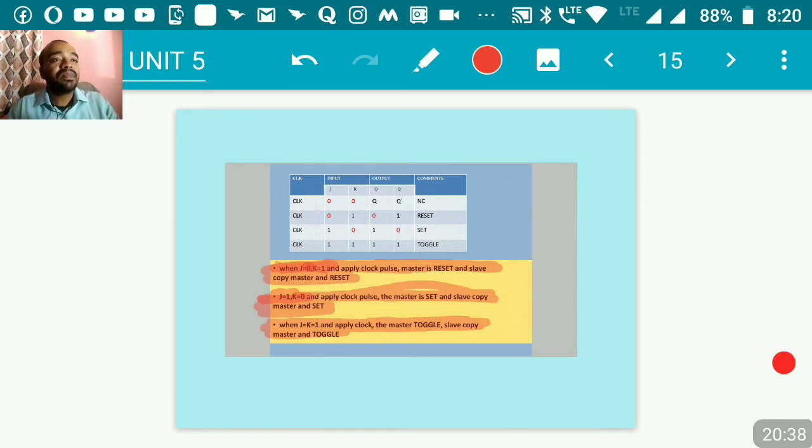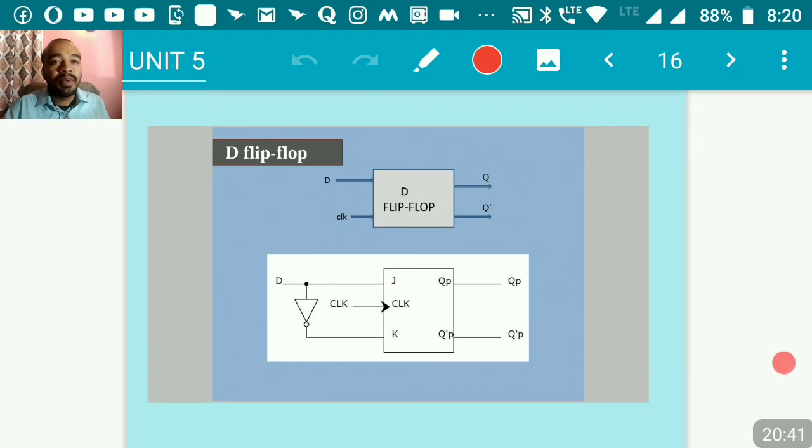Clear? So let us go to one more flip flop, that is your D flip flop. The D flip flop is a very simple flip flop. The name D is for delay flip flop. It is going to just add a delay of one more clock pulse. Once you apply the input, after you apply the clock pulse, it is going to give you the output. Here you can add a delay in any synchronizing circuits by using this flip flop. That is why it is called a delay flip flop.